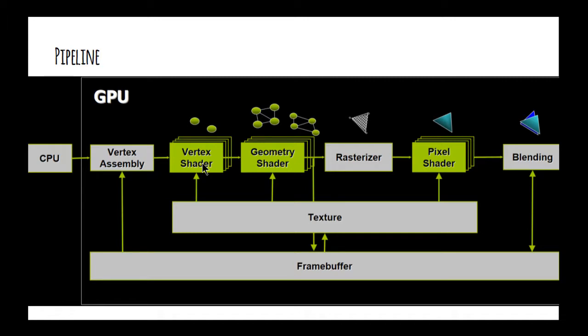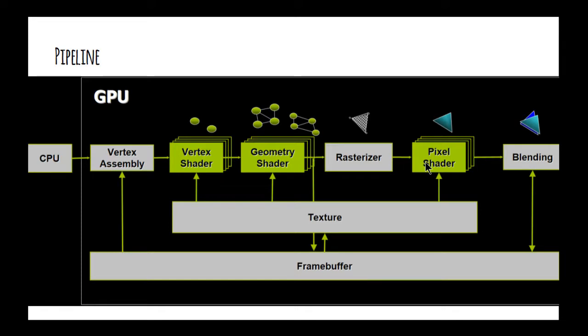The vertex shader always takes a single input vertex, just one vertex, and produces a single output vertex as well. So one goes in and one comes out. As we can see, there are multiple vertex shaders. Just to note, every yellow and green rectangle is a